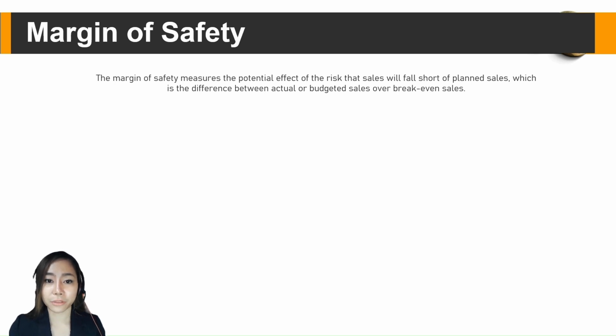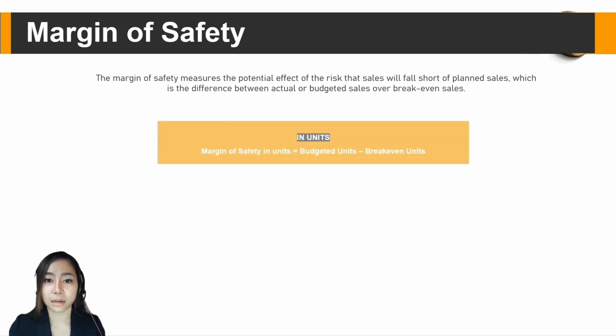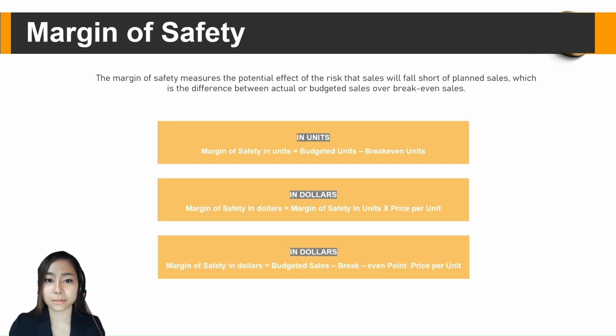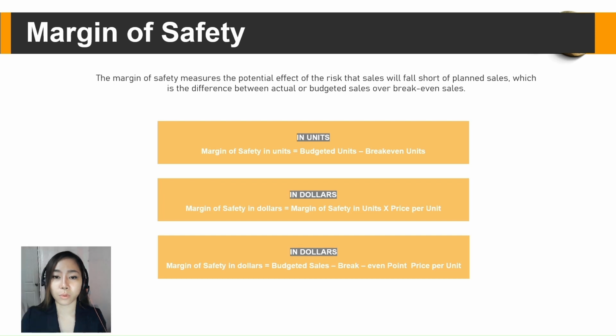And there are different ways in which margin of safety can be expressed: in units of goods sold, in dollars of sales, or as a ratio. So here are the formulas for margin of safety in units. Margin of safety in units equals budgeted units minus break-even units, where break-even units of sales equals